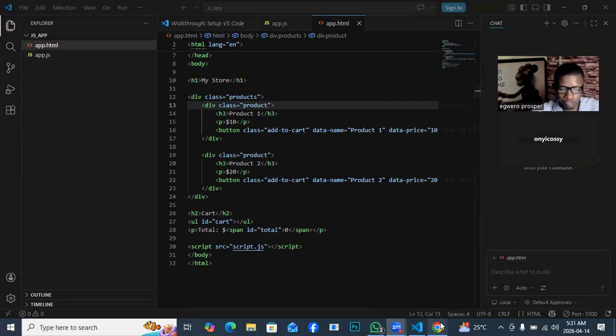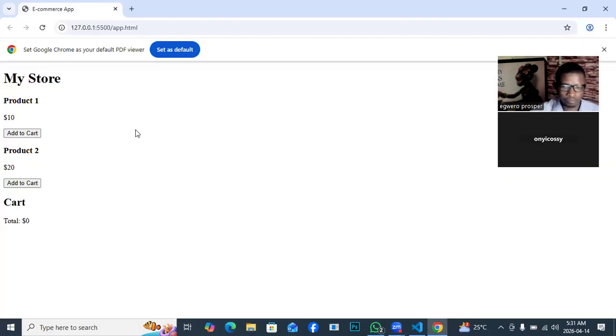Remember we started looking at developing this particular application, which we refer to as an e-commerce application, an application that helps users to buy products directly from our website pages. So in our last class, we have already settled the HTML structure. I could remember we added